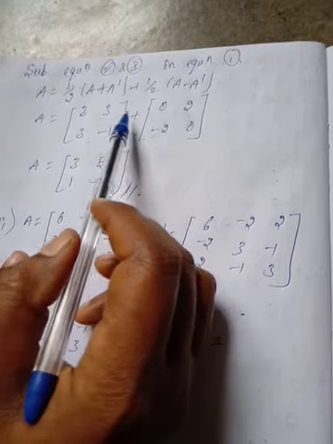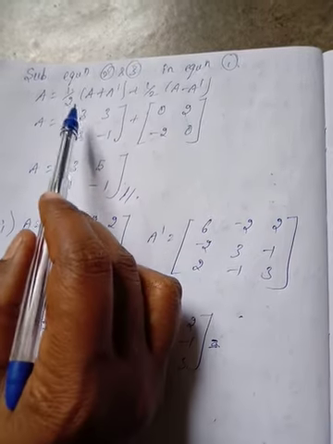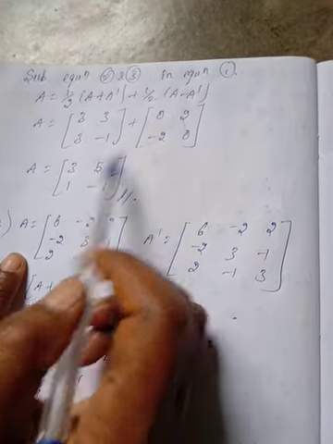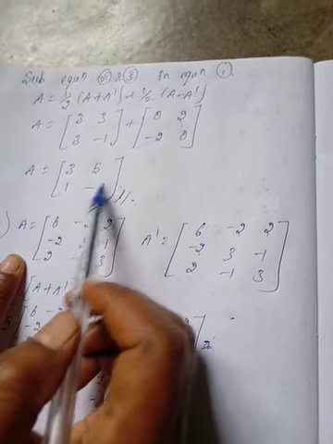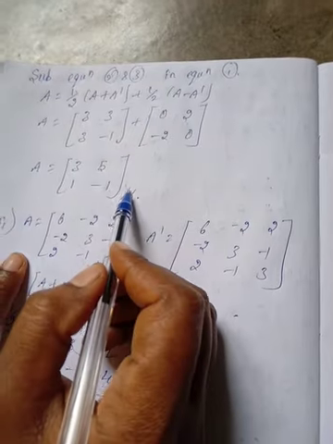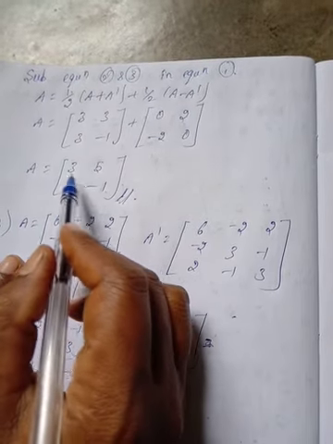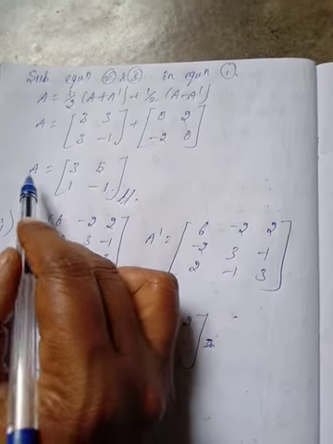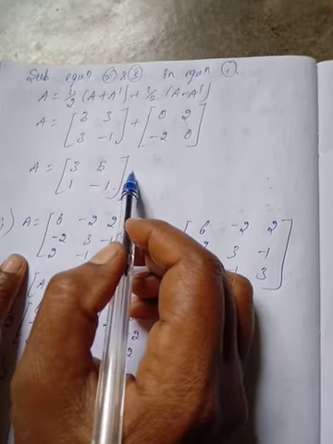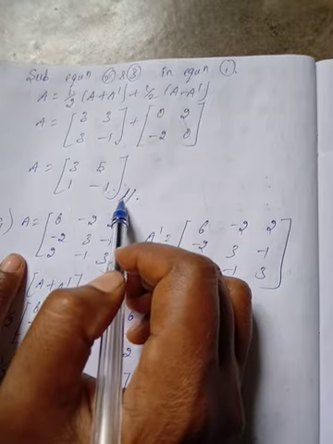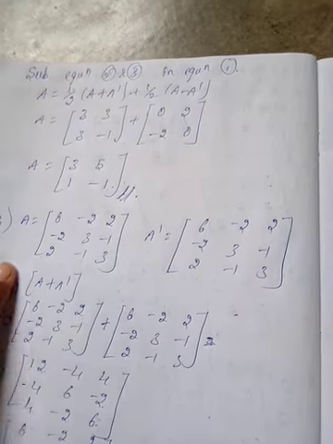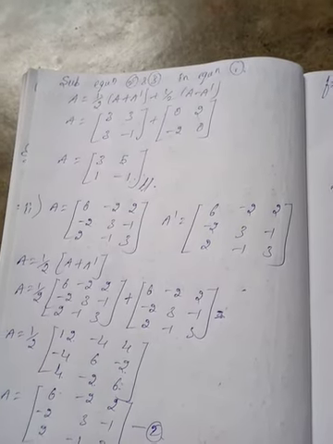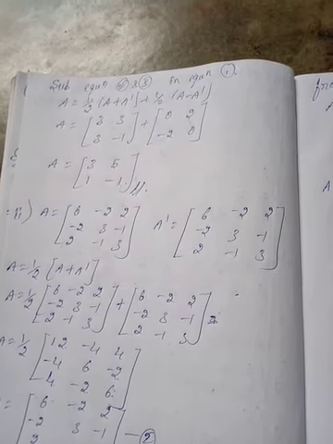A is equal to, here plus is there, add all the elements. 3 plus 0, 3, 3 plus 2, 5, 3 plus minus 2, plus 1, minus 1 plus 0, minus 4. Again you are getting, this is your square matrix. A is equal to 3, 5, 1, minus 1. Again you are getting A matrix only. What is the given? A matrix. Again we need to get A matrix only. This is the procedure of finding sum of symmetric and skew symmetric matrix.